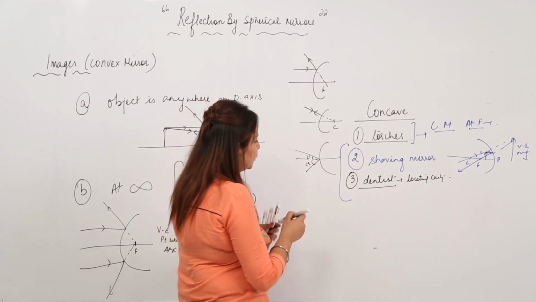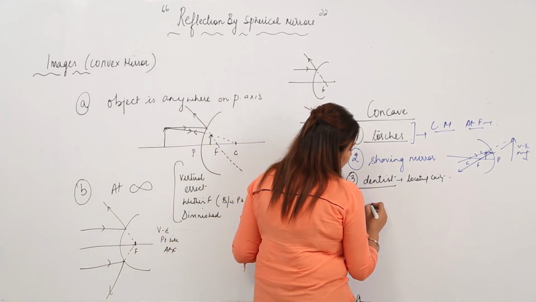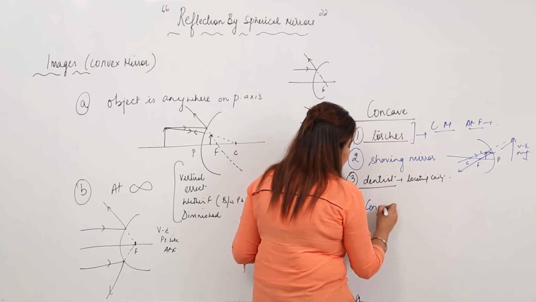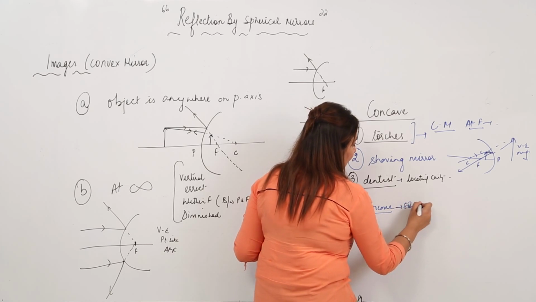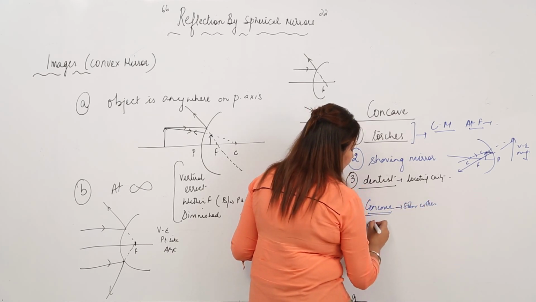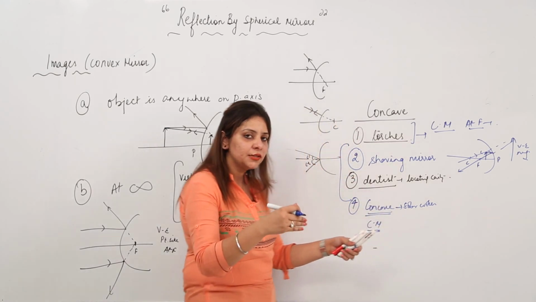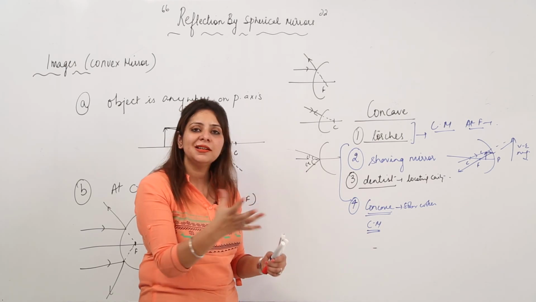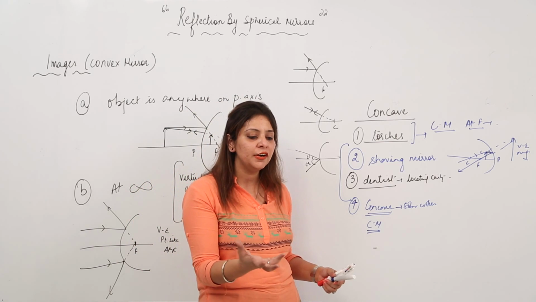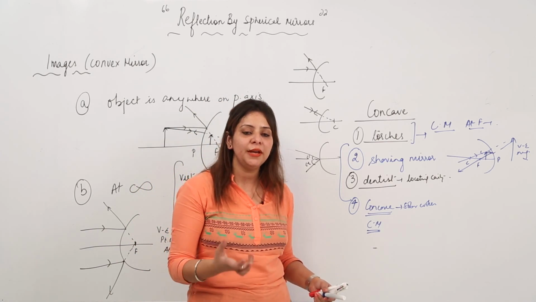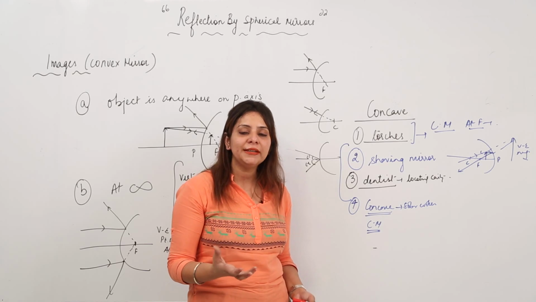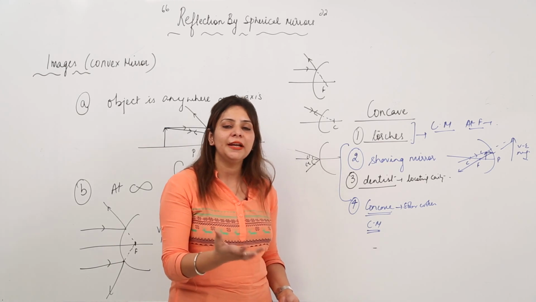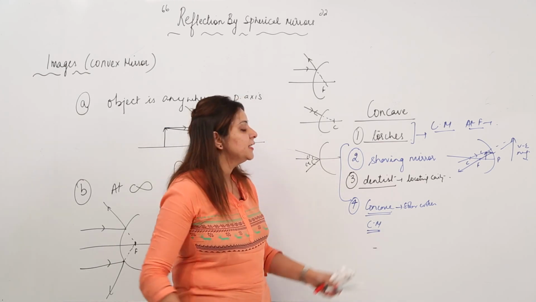Moreover, it is used in solar cookers also. We have the spherical type solar cooker, in which we use concave mirrors, as they are converging mirrors. When the sun rays fall on it, they reflect and after reflection converge at focus, and there we can place the tawa or frying pan that we use to cook food. The temperature there is quite high, and we can easily make use of it to cook the food. So it is used in the spherical type of solar cooker.